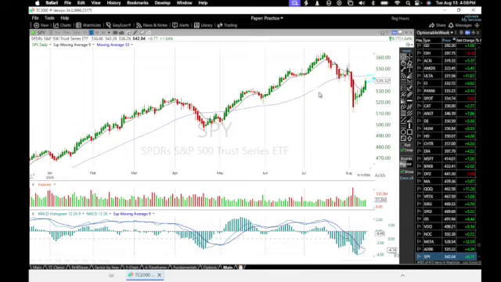Now, the problem that we might have in the future, however, is the prices are still below the 50-day moving average, and this is another level where we might have problems with the SPY and the QQQ. Why? Because it is well known that this 50-day moving average may act as a barrier, and this is gonna make it difficult for the prices to go up, at least